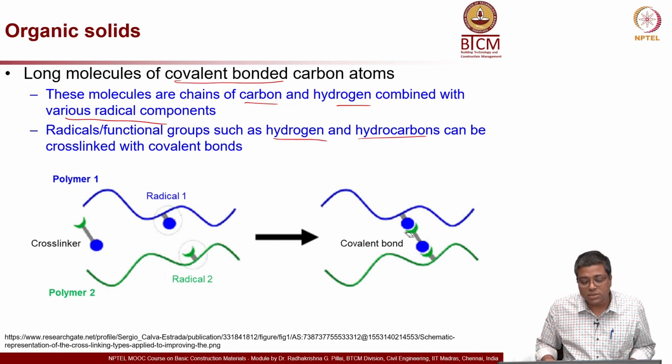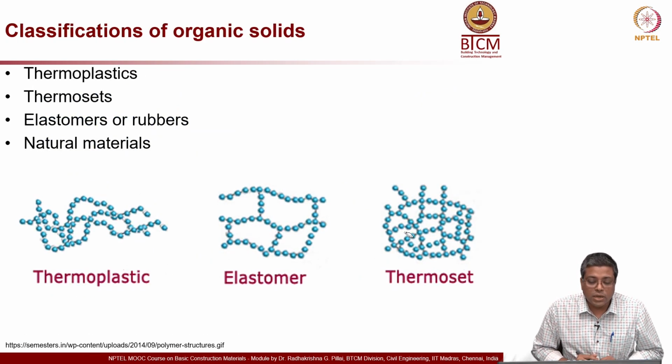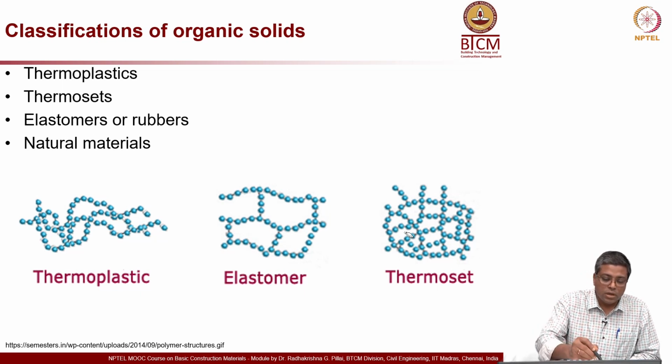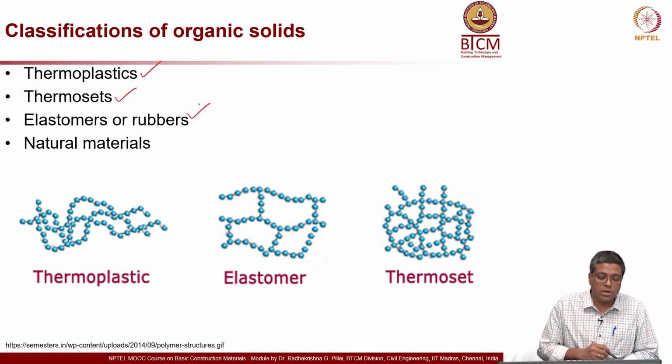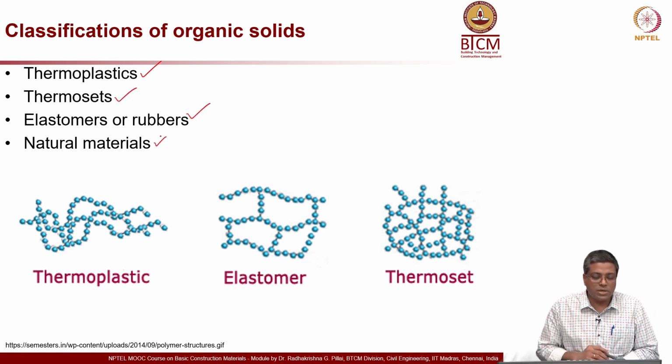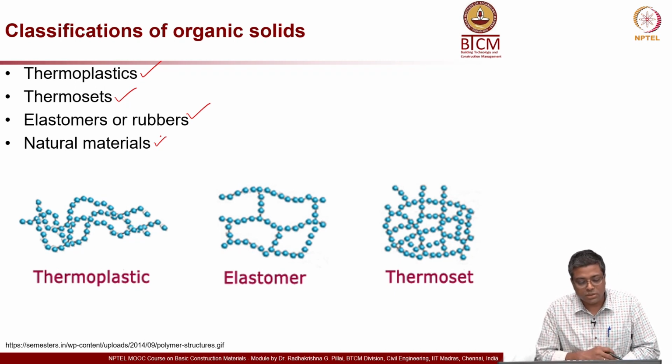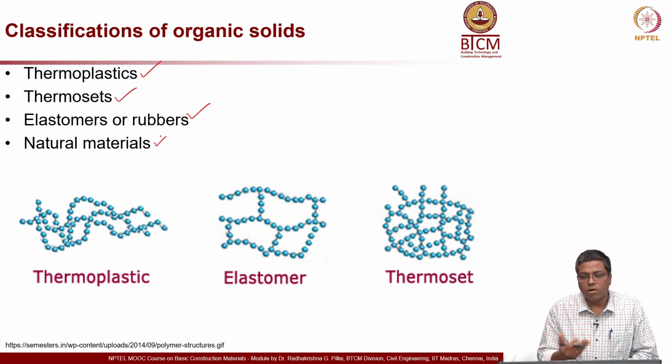So, these chains or cross linking chains, they help in changing the properties of the material itself. Now, in general, the organic solids can be classified into thermoplastics, thermosets, elastomers or rubbers, and natural materials. Natural material I am not going to discuss in too much detail here, because it is mainly wood or even asphalt